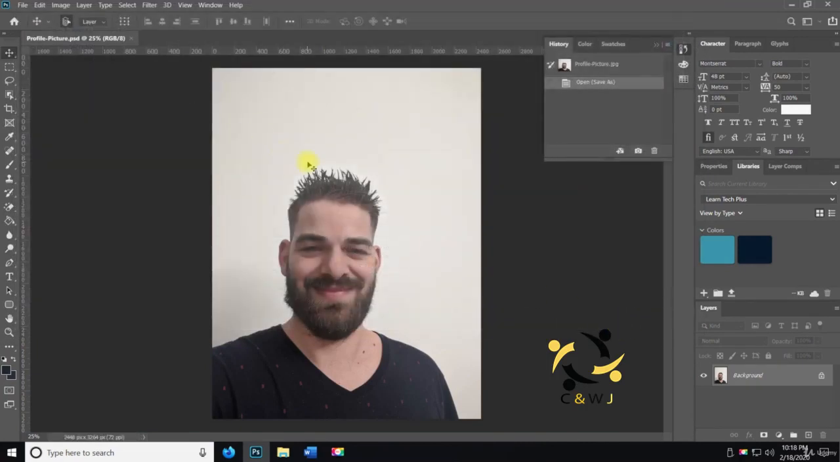Now, what you're going to notice is whether it's a JPEG, a PNG, a PSD, any file format, when you bring it in, if you only have one layer, it's going to automatically lock it. That's the default for Photoshop 2020, and it's been that way for as long as I've been using Photoshop,